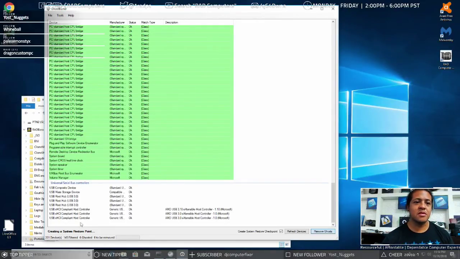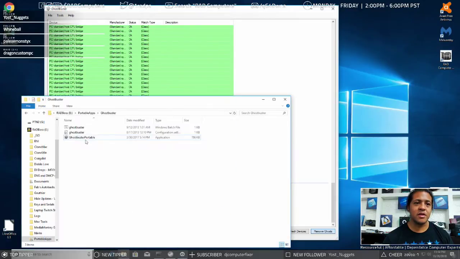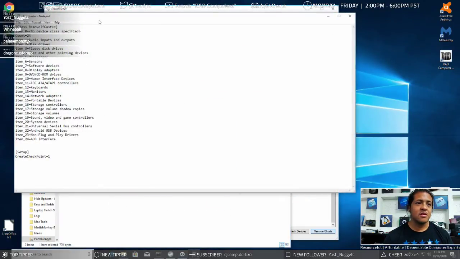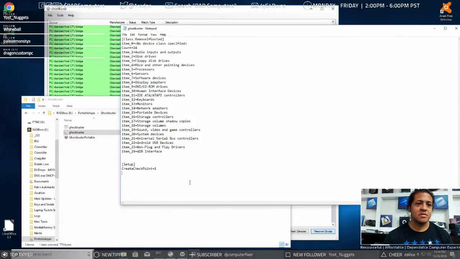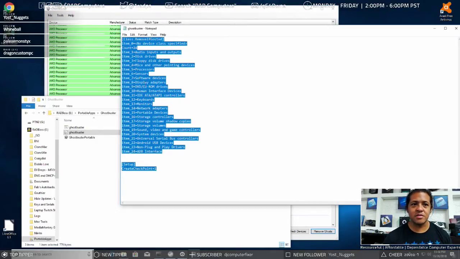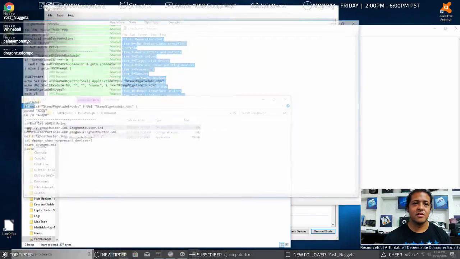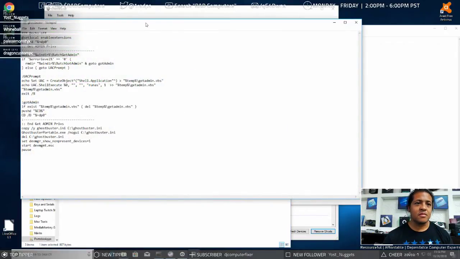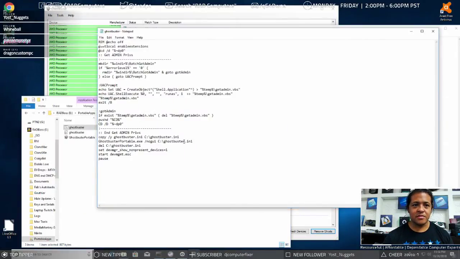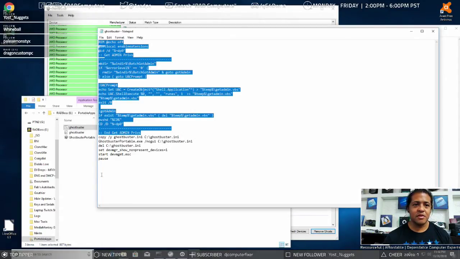You can also create an ini file that automatically specifies what to do, such as this. This is the ini file that I created, which has literally every single class, and then I execute that from a batch file. The main point of this batch file is that it forces it to run as an admin. So the real meat of the batch file starts down here, where it copies that ini file onto the computer